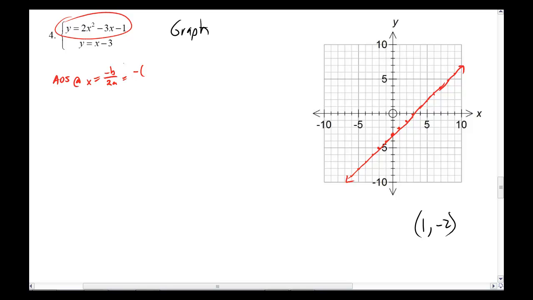So negative b, remember this is just ax squared minus bx plus c, not 3c. So plus bx, b is then negative 3. And then over 2 times a is 2. And so I end up getting, ooh, that's going to be fun, 3/4. It's a fraction. Yep, it's a fraction. Deal with it. So 3/4 is the x value, which then, of course, will be, I'm going to need to